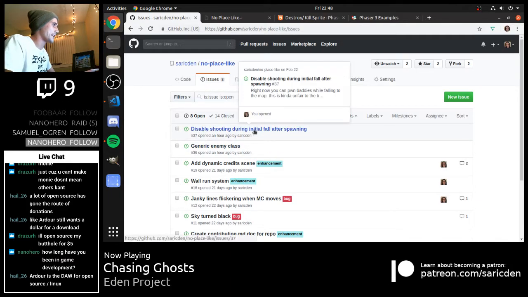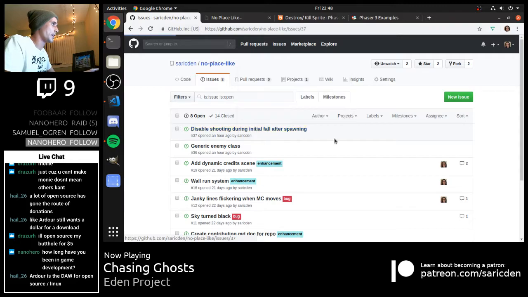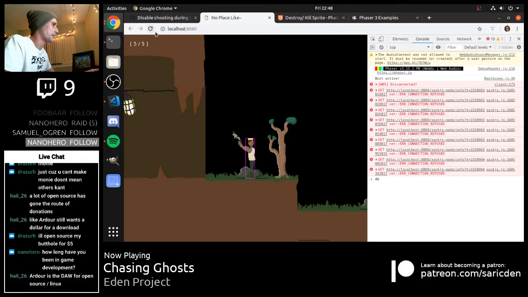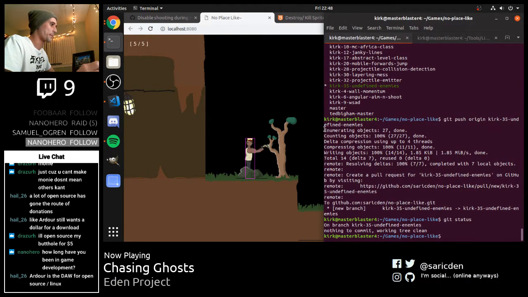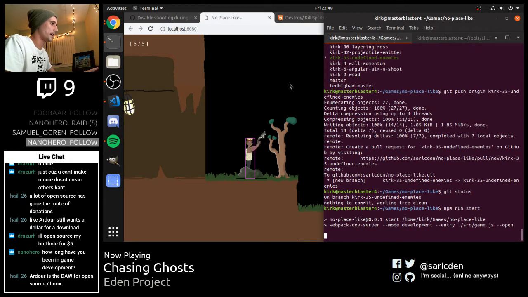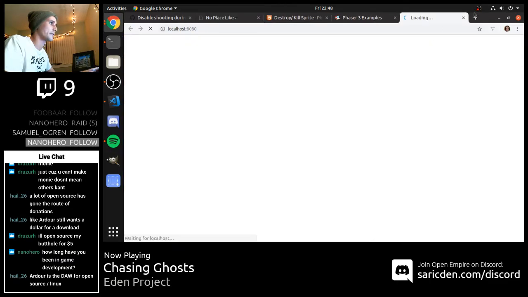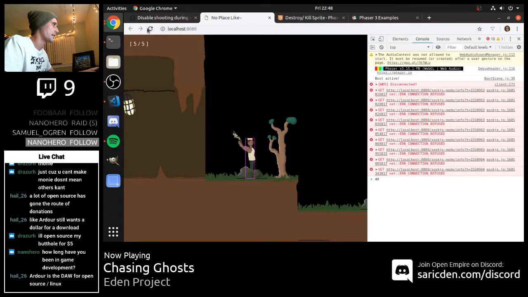Yeah, why don't we disable the shooting during the initial fall after spawning? Because right now, what happens is if we reload... Oh, hold on. If we boot up our server, and if we reload our game... Well, it'll open itself up in a second here, but I want to have our console, so close that, reload